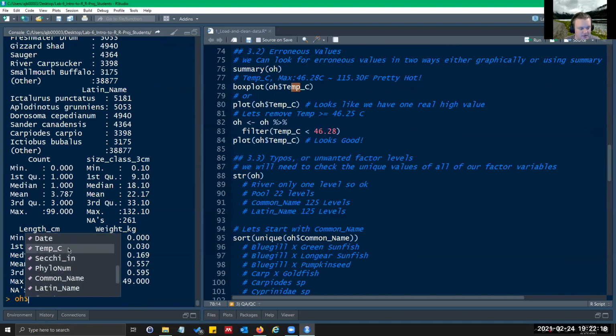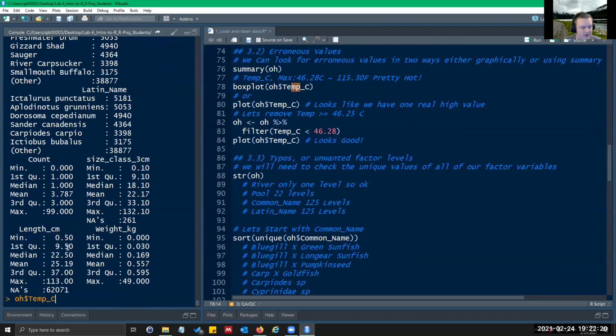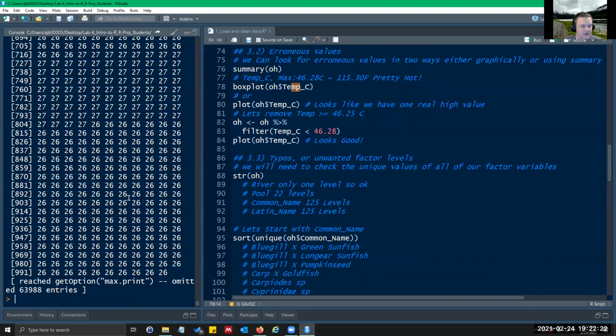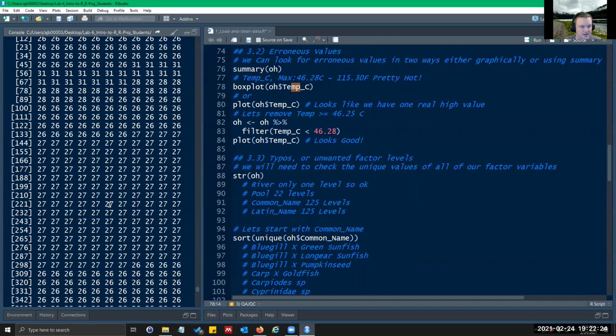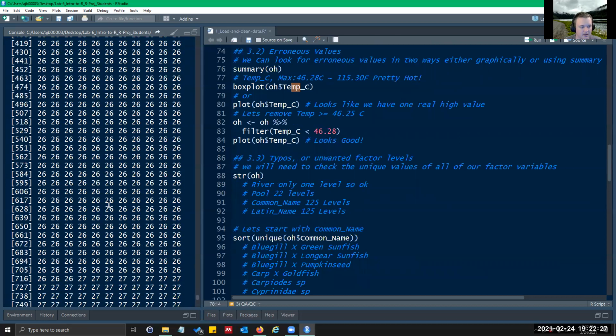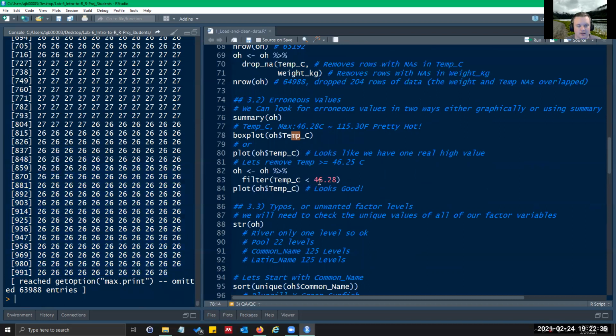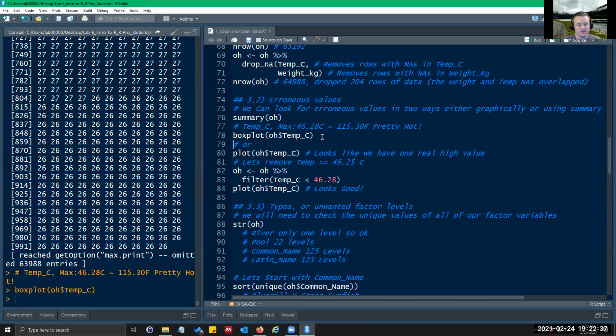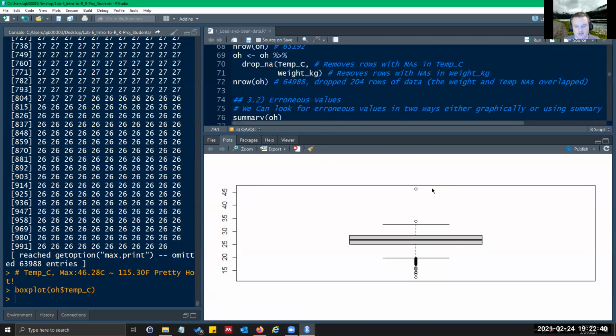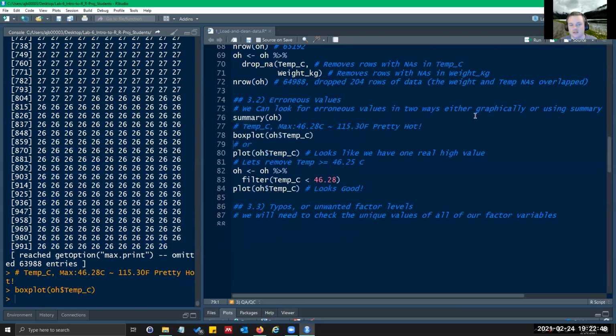And you can select whichever you want, or you can type it out by hand. It doesn't matter. And then it'll just data dump everything in that column. And this is more of a vector format here. So another way, well, let's run that first. And hopefully, yeah, that pops up. So you can see we have one value that's pretty high and separate from the rest. So we can assume that's probably erroneous.